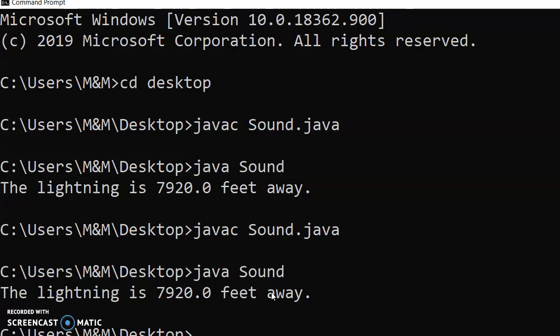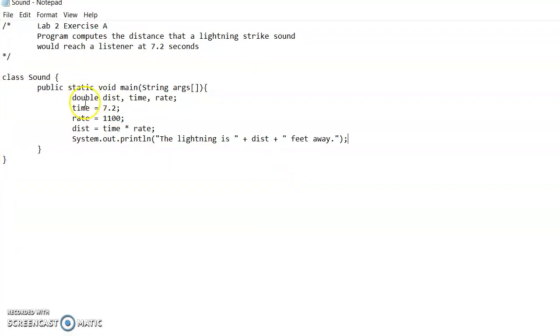So you can actually create additional variables. And here I'm using the comma to separate multiple variable declarations. So basically it's saying that I have this variable originally, and it holds the double data type. It can hold the larger value. And then the time variable, that's also double data type. And then the rate variable, that's also double data type. So if you have the same data type, you can keep them all in one line and use the comma to separate them and finish that out with a